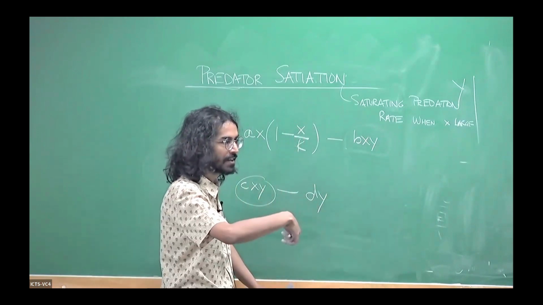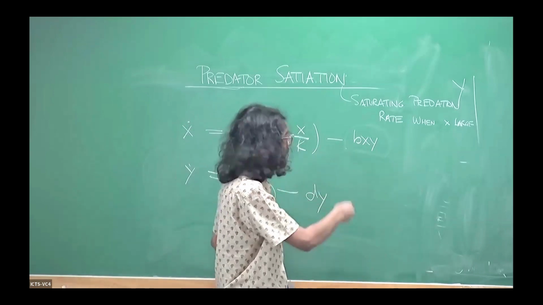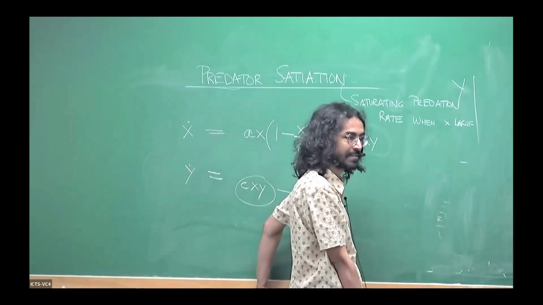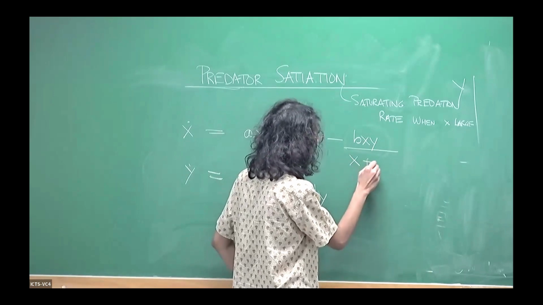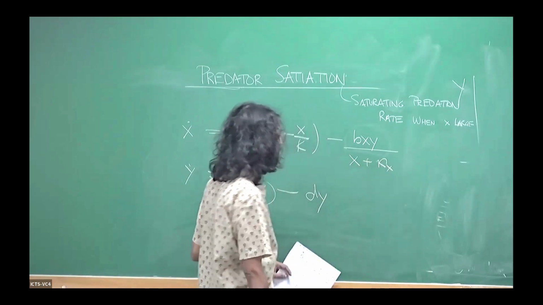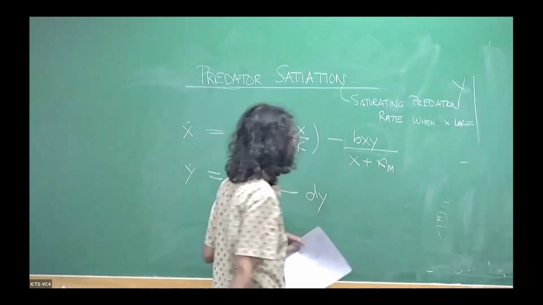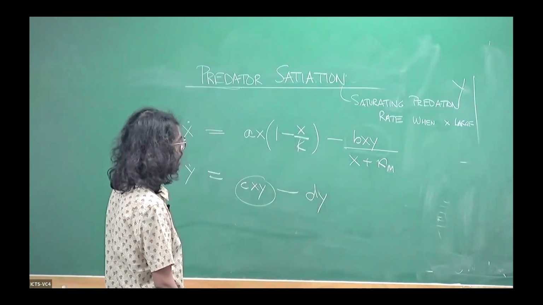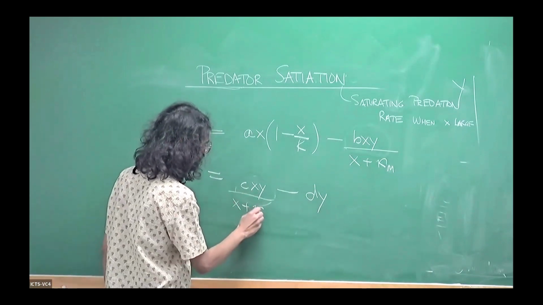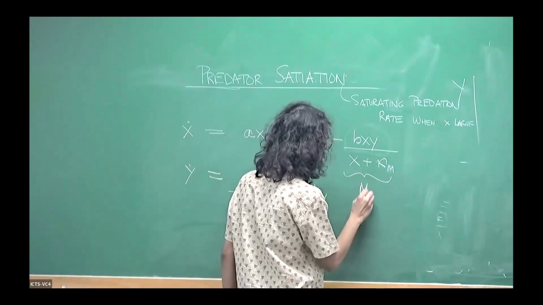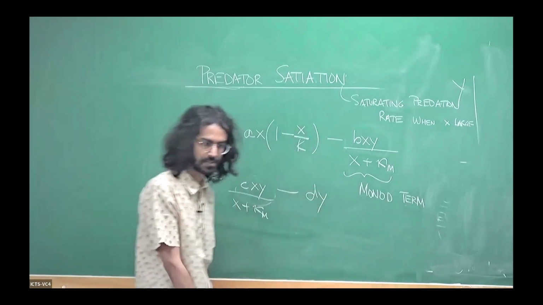That's almost as if the prey are growing, and now the predation rate depends on the growth rate of the prey. That's kind of funny. So one way of doing it, apologies for the kappa, but we'll call it kappa m, is to add this kind of term. It's called a Monod term,